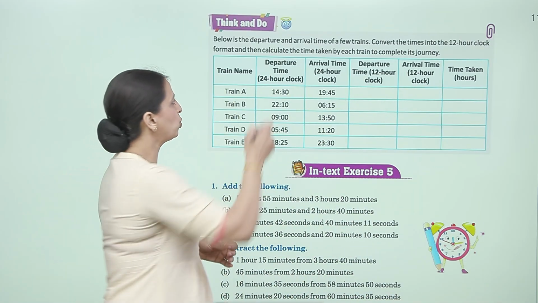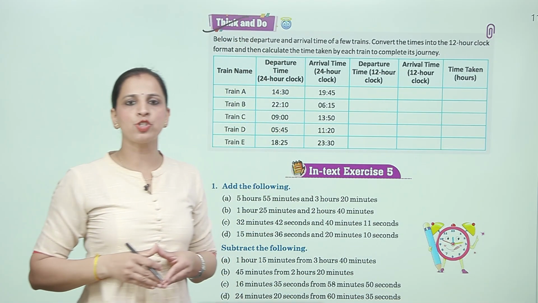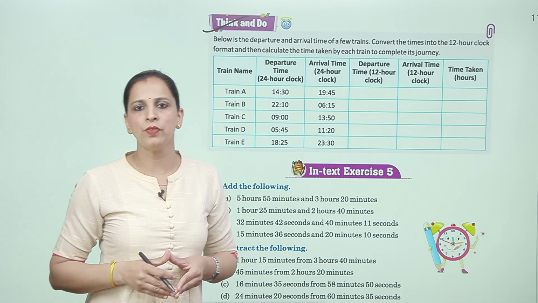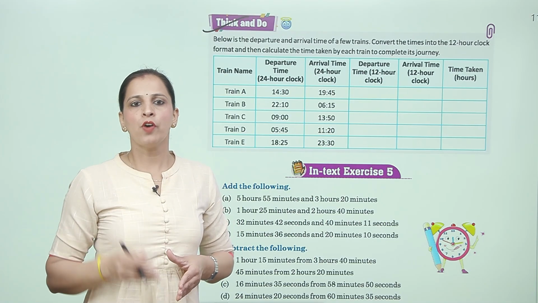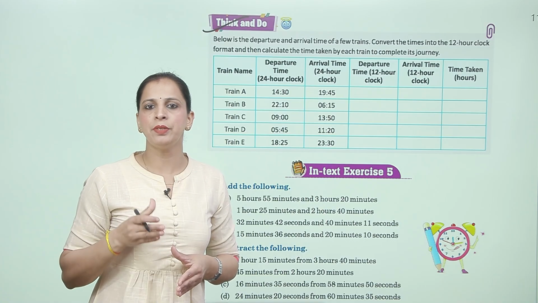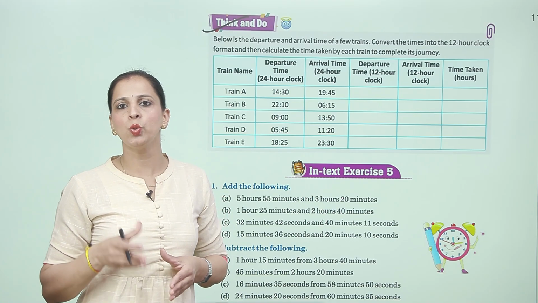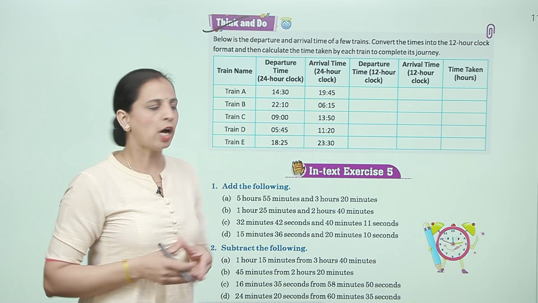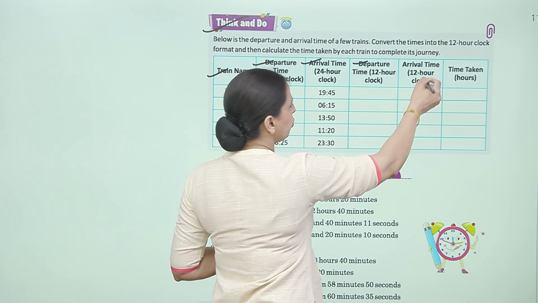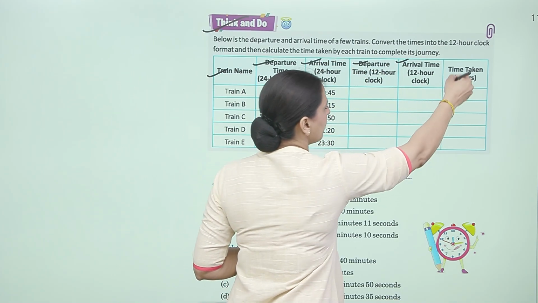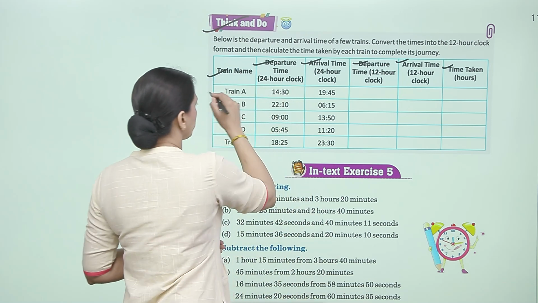Now think and do. Below is the departure and arrival time of a few trains. Convert the time into 12-hour clock format and then calculate the time taken by each train to complete its journey. Now, train name, departure, arrival time, departure time in 12-hour clock, arrival time in 12-hour clock, and time taken in hours. Train A,